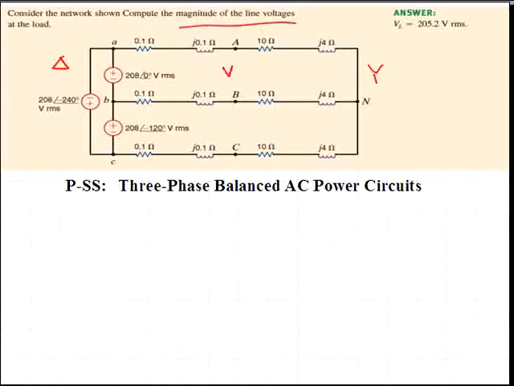So this would be the VAB magnitude, for instance. The line voltage VBC, and VCA. In the circuit we have a load impedance Z sub L and the transmission line impedance Z line. The magnitude of the source voltage is 208 volts line to line for each phase, and we would expect that